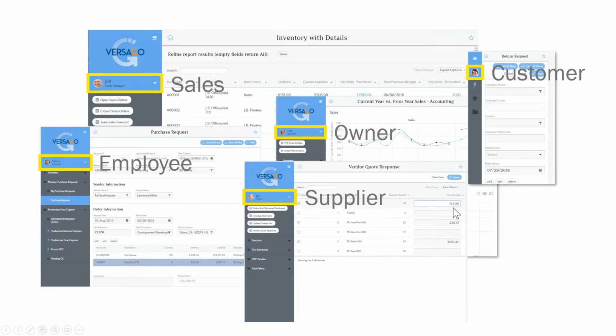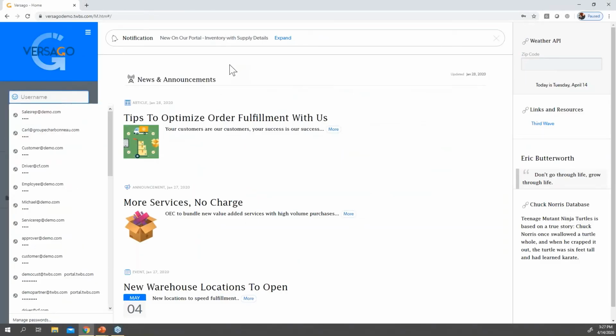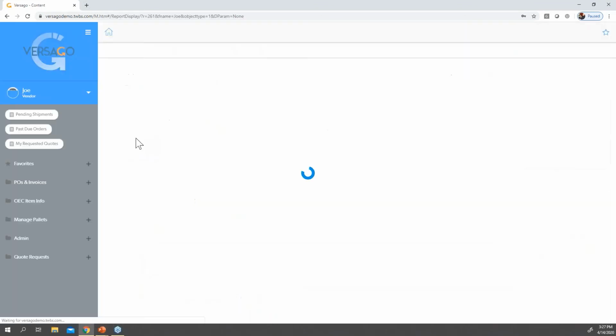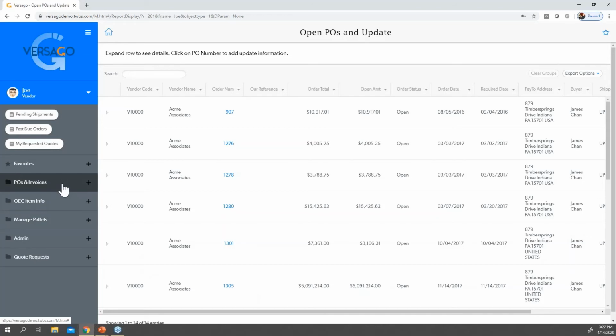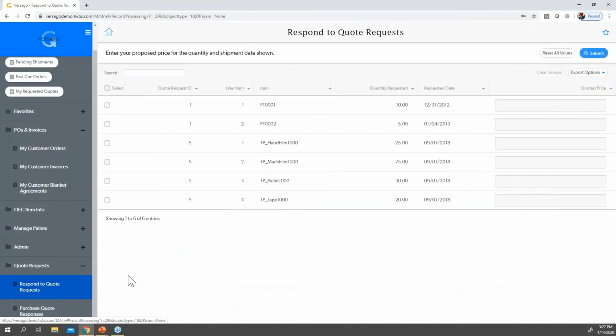So this is where we can workflow things, where you can have your purchase request, and you can have rules around that purchase request that look at the acceptable pricing. And as a supplier, you can have the supplier log in and they can respond to those quote requests. So in here, we can go to our quote requests down here and respond to those quote requests.